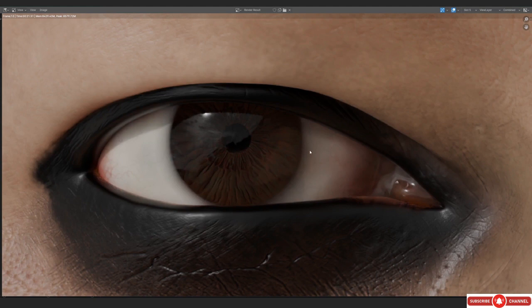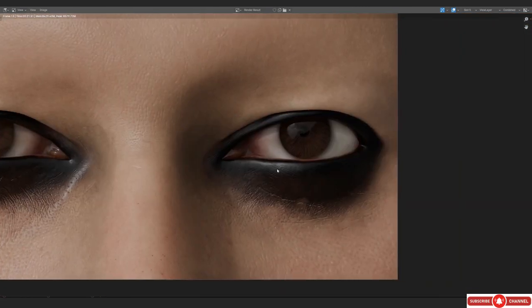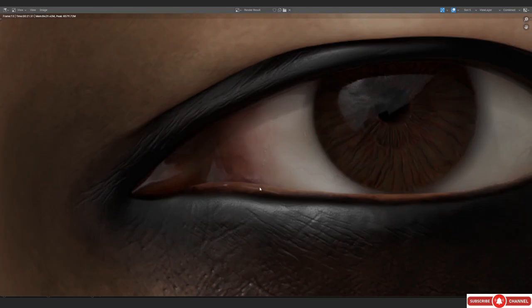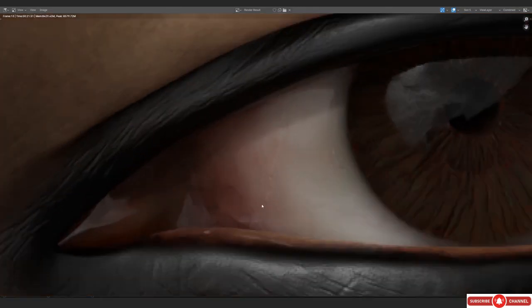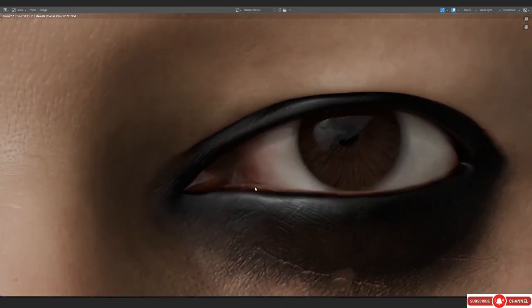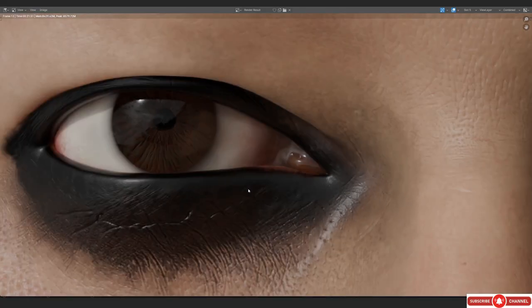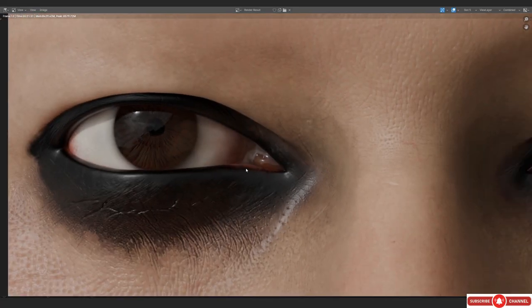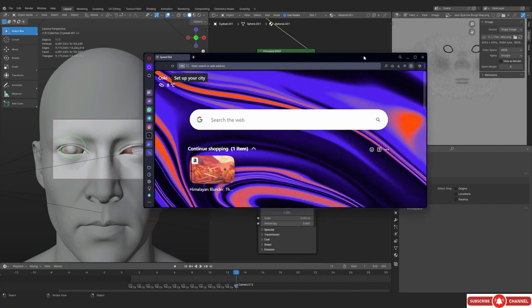So yeah, you can see this is what we are getting. We are definitely getting the veins and stuff, and we are also getting that darker area around the pupil, which is something that we actually have not added, but we are still getting that. And we are getting this weird crack kind of a thing. I think it's just the sample thing. If we were to increase the sample in the test render, it would definitely look a little bit better. So yeah, I don't think it's really that problematic.